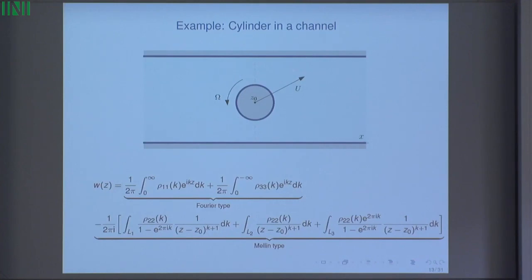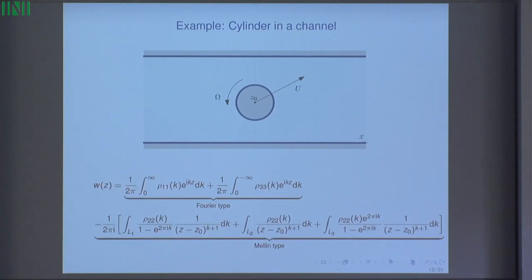So we have a cylinder in a channel. We have this straight line, so this is like a Fourier type integral representation. Again, another boundary here, which is a straight line, so another Fourier type. And also we have the circular boundary, which means that we have this Mellin type representation. So this expression here gives a representation for this analytic function h of z in this domain here, where